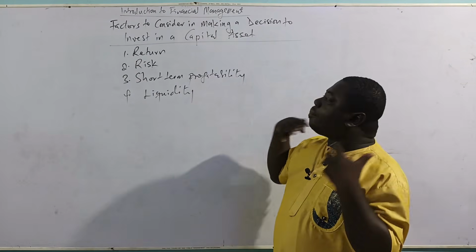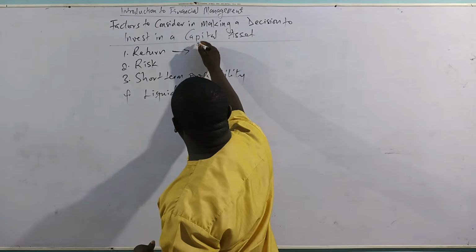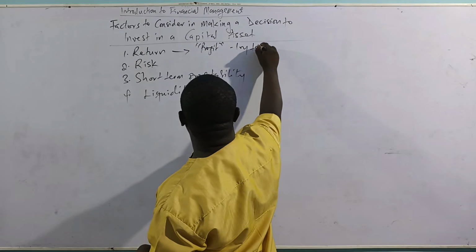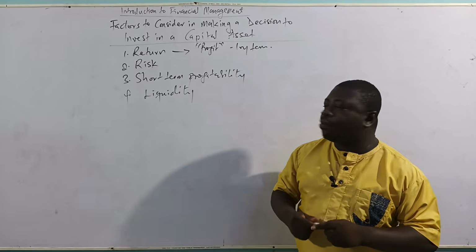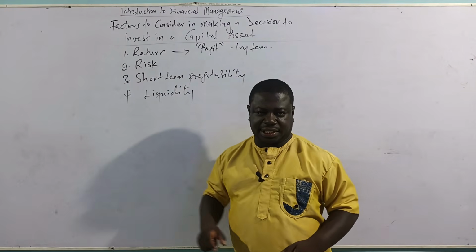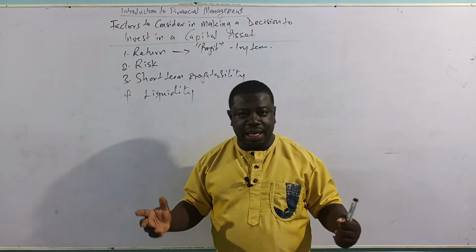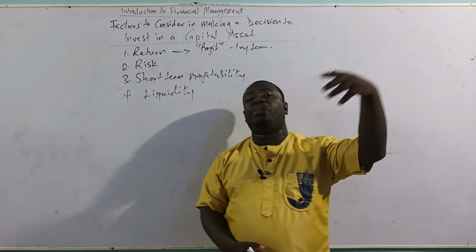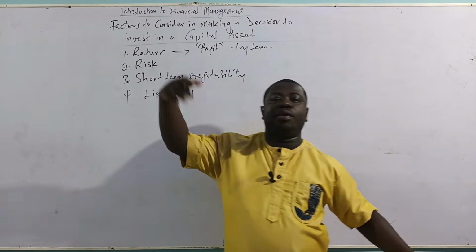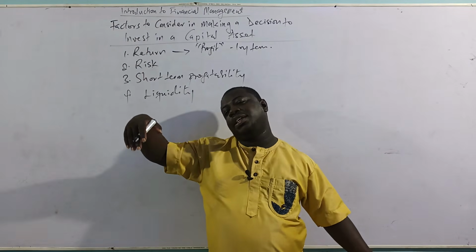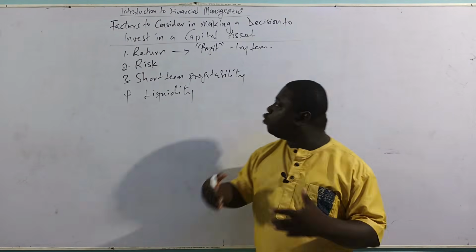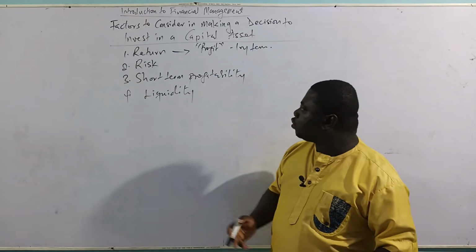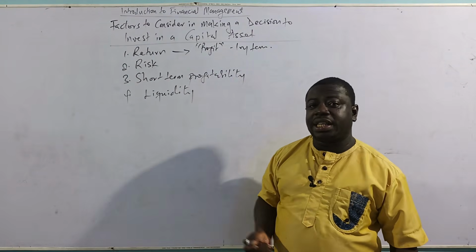Now, it's basically the profit. This return is basically profits in the long term that are going to be generated from that particular capital asset that you are investing in. So if you build a house to rent, in the long term, are you going to recoup your benefits, and by how much and to what extent? By what percentage are you going to recoup your investment and then get enough profits? So that is what we call return. Return could be measured as a percentage.